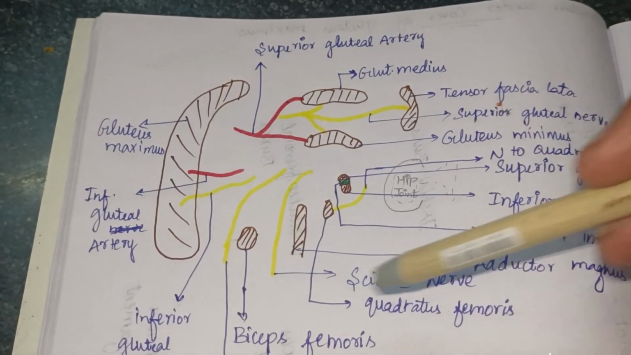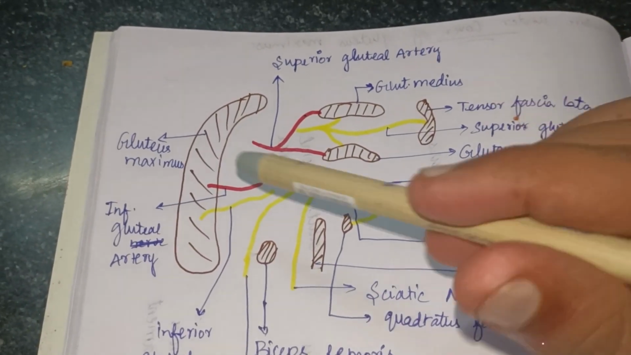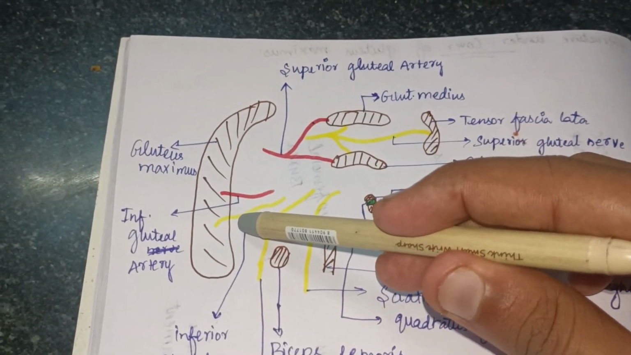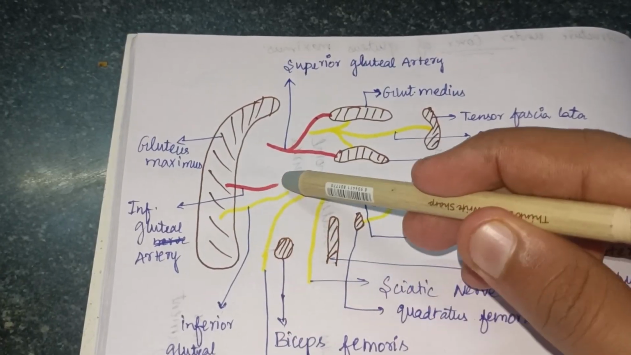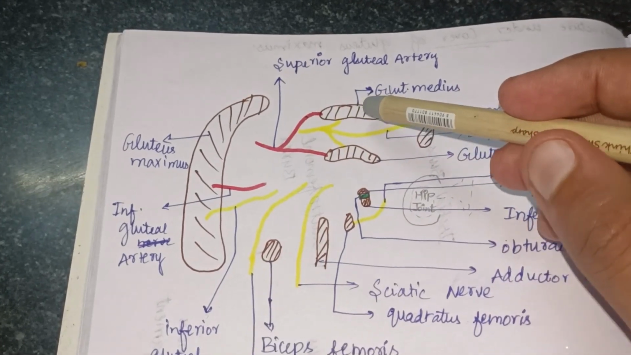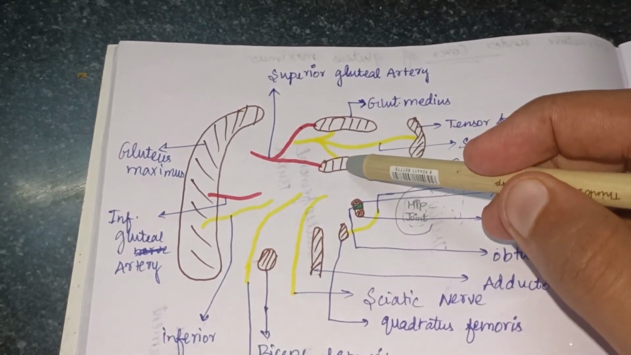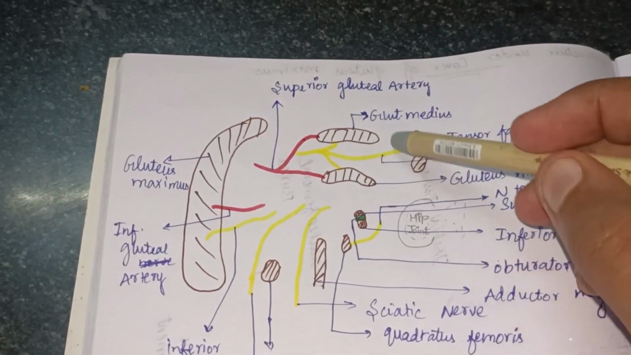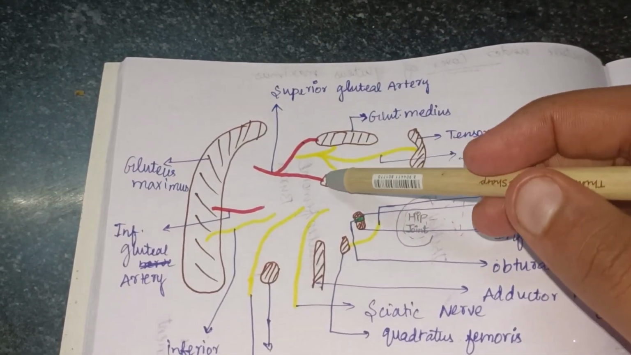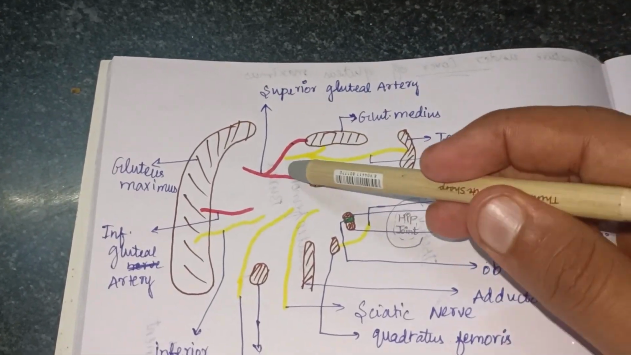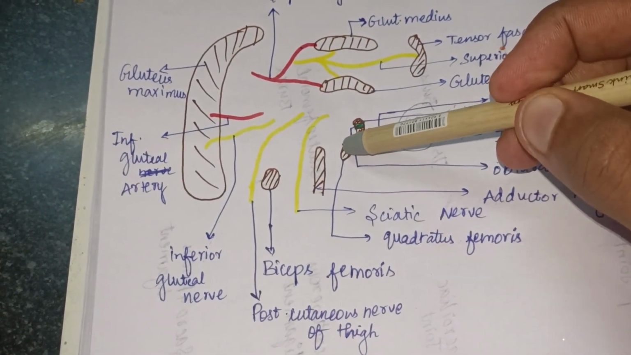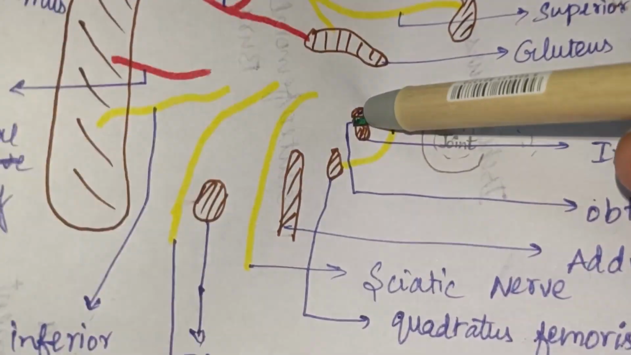So once again, to summarize, this is gluteus maximus. The nerve supplying the gluteus maximus is inferior gluteal nerve, this one, and the artery supplying it is inferior gluteal artery. Some other muscles are gluteus medius, gluteus minimus, and tensor fasciae lata. All three are supplied by the superior gluteal nerve, and the gluteus medius and gluteus minimus are supplied by the superior gluteal artery. Then biceps femoris, adductor magnus, this one is quadratus femoris, obturator internus, the green color marked